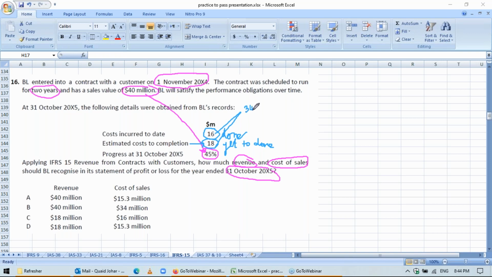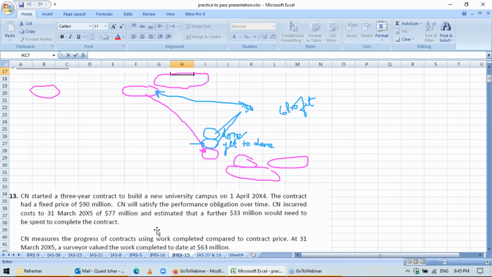And profit is expected. So if you compare this 34 with the 40 million revenue, 6 million profit is expected. So out of the 6 million profit, you can recognize 45% right now, right? So according to this, I'll be recording the revenue and cost. So the revenue that I will be recognizing,